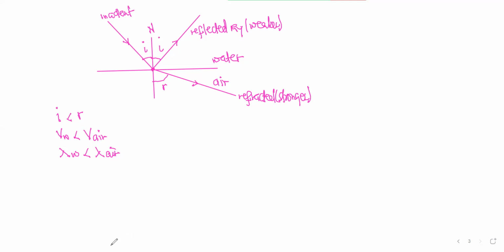Then the second law of refraction is what we term as Snell's law. Okay, so the second law of refraction is Snell's law. What does the law say? What does Snell's law say? Yes, Alikem. Okay. Snell's law states that for any